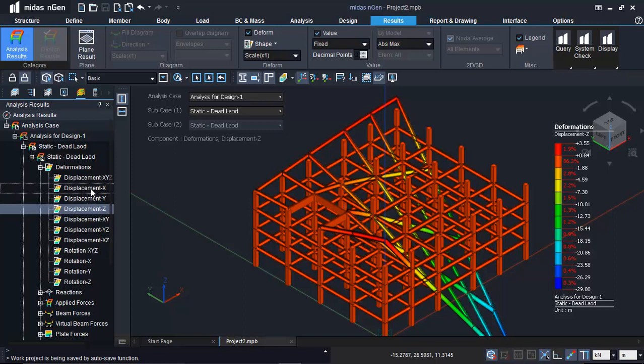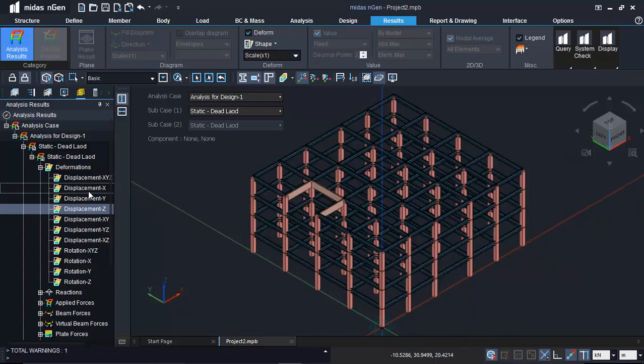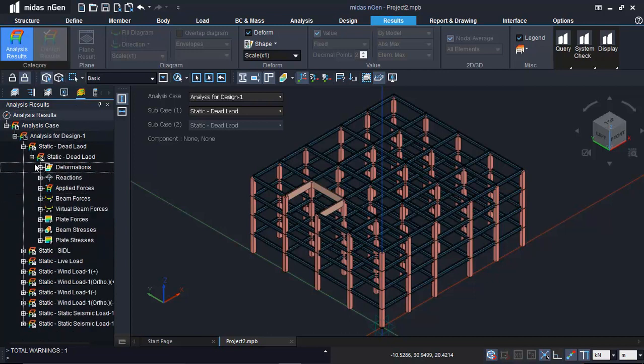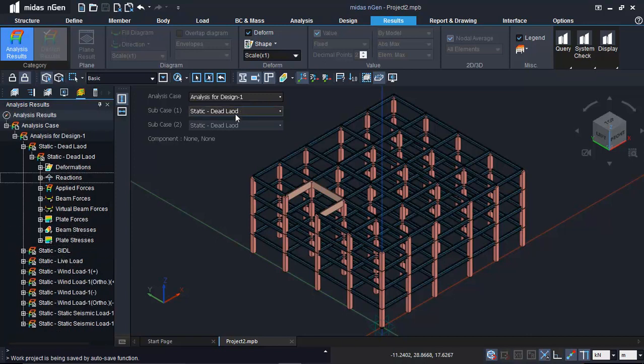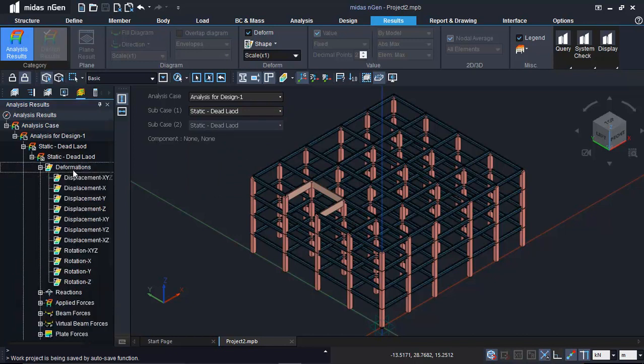Okay, so here it seems that the model was. So now let's check the deformation results. In the deformation results, you can browse to any of the load cases that you wish to. If you do not select the particular load case from here, you can even select from the drop down menu here. So for the reactions and the deformation results, you can go here,